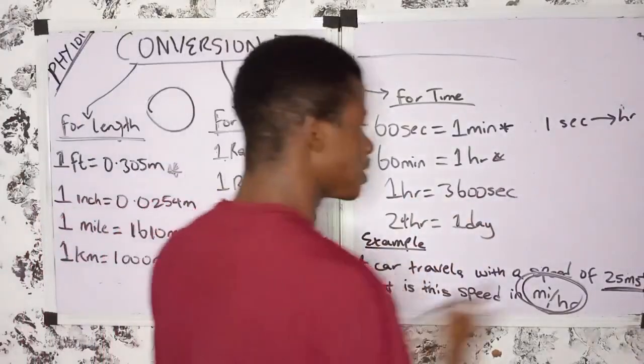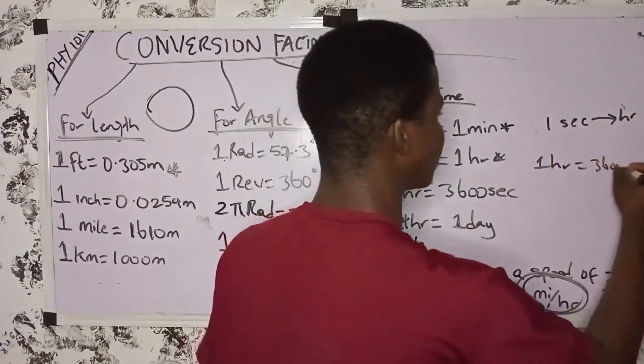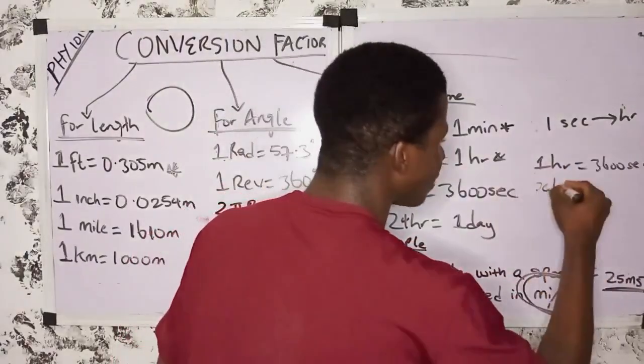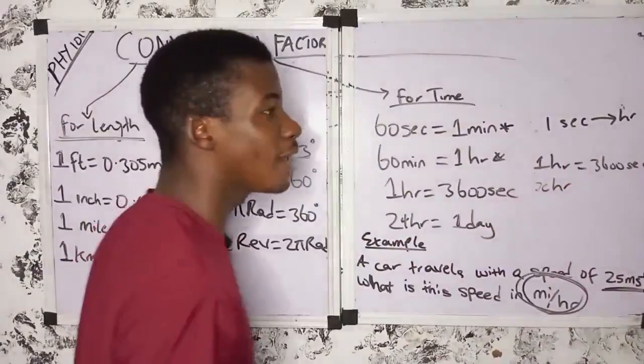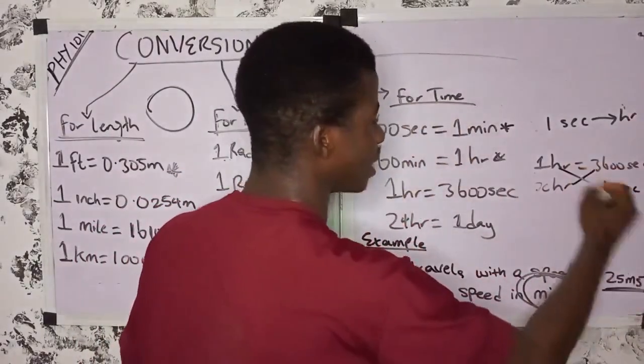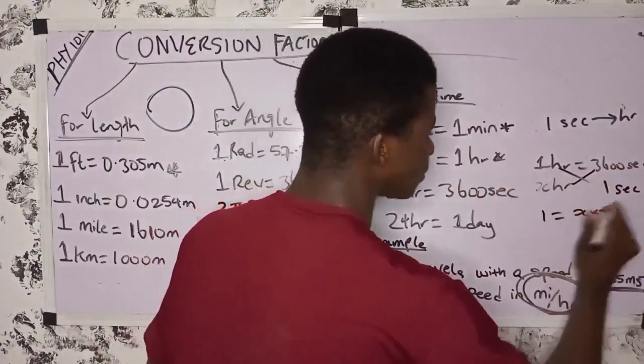You say, okay, if 1 hour is equal to what? 3,600 seconds, right? Then S hour, because we are looking for hour, S hour equals to what? 1 second, right? If you cross multiply, 1 times 1 will give us 1. Then S times 3,600 will give us